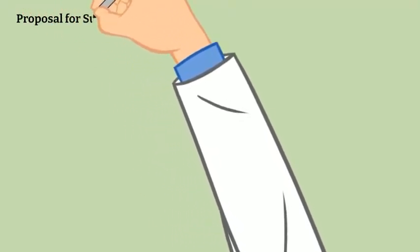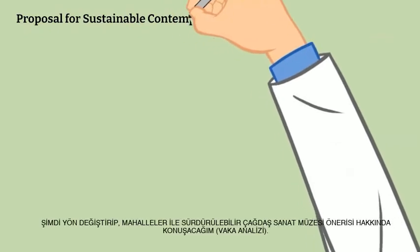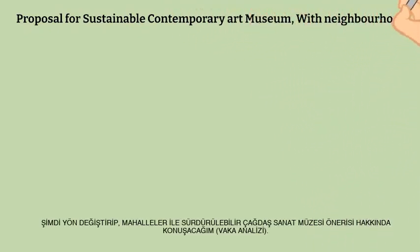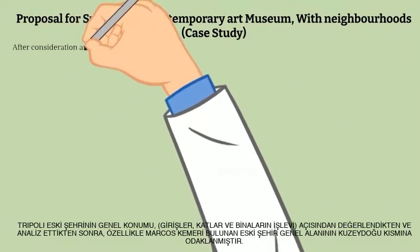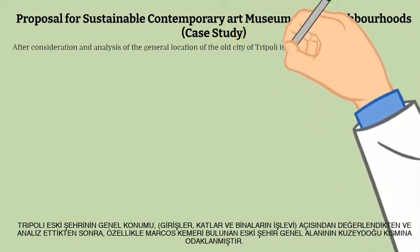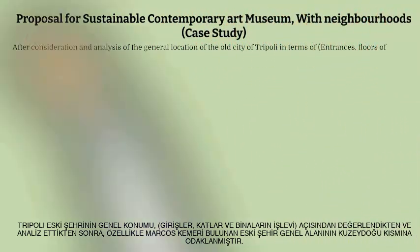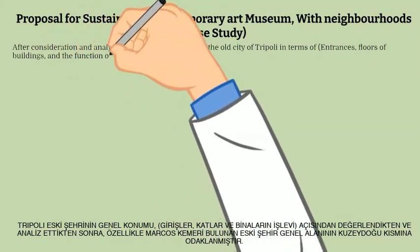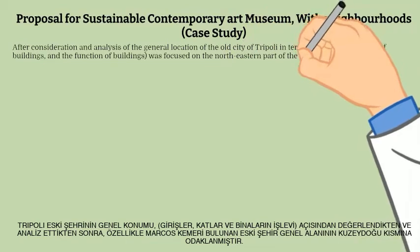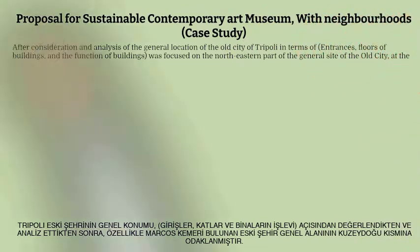I would now like to change direction and talk about the proposal for a Sustainable Contemporary Art Museum with neighborhood as a case study. After consideration and analysis of the general location of the old city of Tripoli, in terms of the entrance from the border of the city and the floors and function of the buildings, the focus was on the northeastern part of the general site of the old city, at the Arch of Marcus specifically,